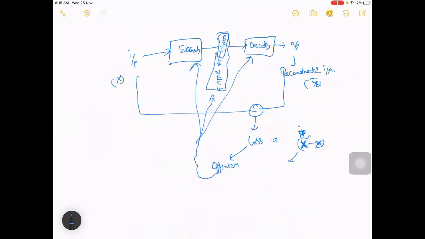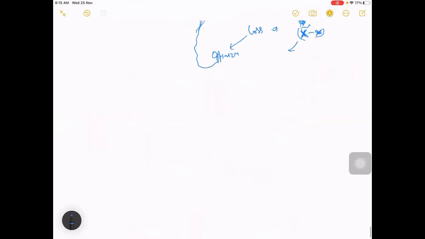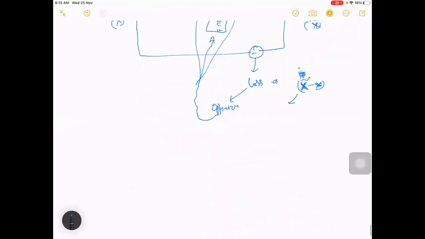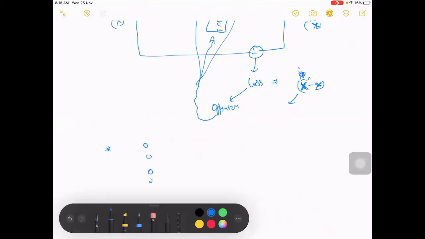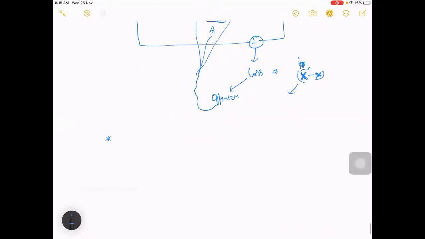Once it has learned, in case you want to reduce the dimension, once we are able to do this, let me talk about the first use case. One can be dimensionality reduction.